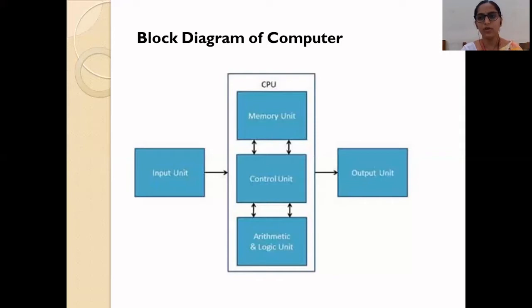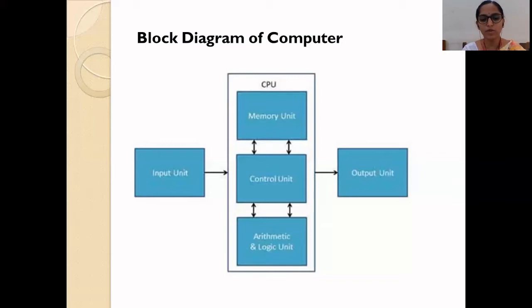All the input units work differently; an input unit works on the basis of assigning different inputs to the computer. A number of input devices are combined in the input unit, like a keyboard and mouse. With the help of these, we can assign different inputs to the machine. Second is the output unit. With the help of the output unit, we can see the proper output on output devices like a printer or monitor.